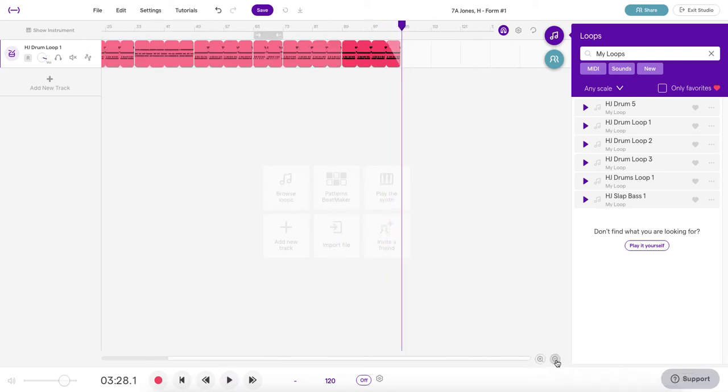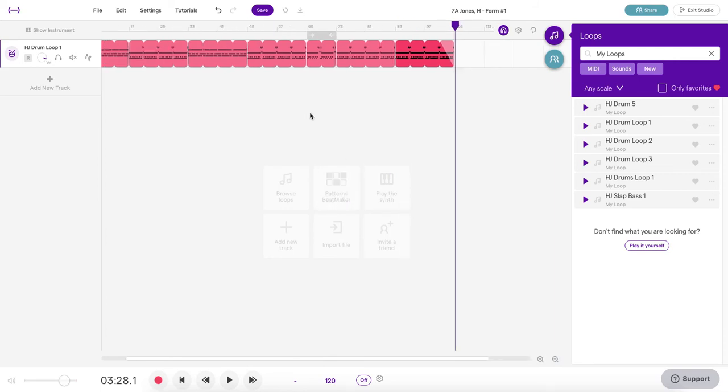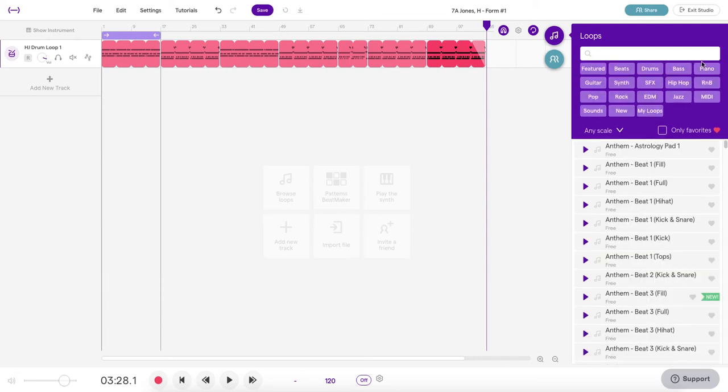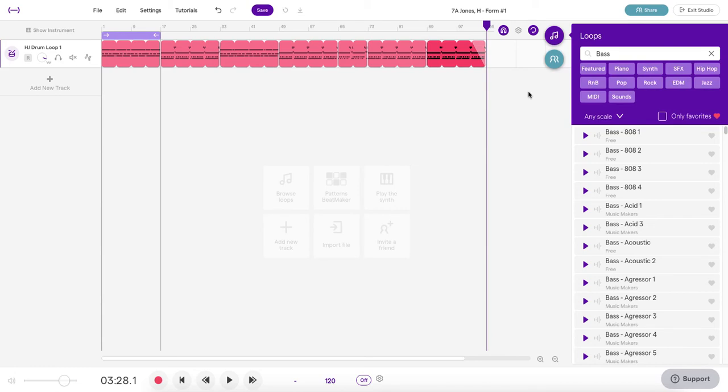And with that, you've completed the assignment. But once you have this completed, you can go back and start building your song. So if I move my cycle bar back to the beginning, I can start doing things like maybe adding a bass track. So if I come over to my loop library and click the X and say I'm going to look for bass, if I hit my space bar,